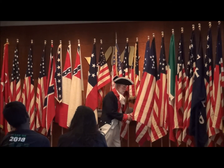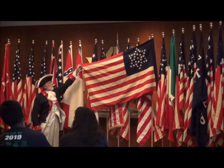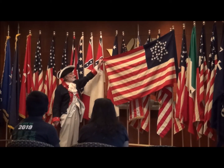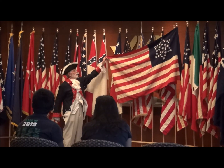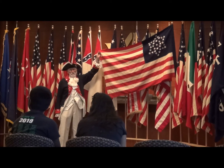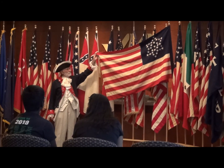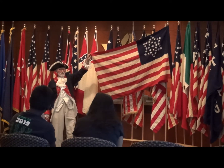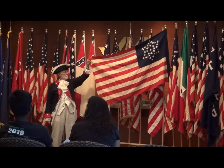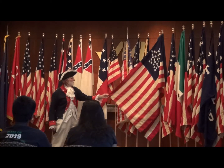The next one is a 33 star. Now at this time, the Continental Congress said about the 13 stripes, the blue field, the white stars, the 5-pointed. But they didn't say how they should be arranged. At this time, the flags were probably still being made by sailmakers and tent makers. So this is 5-pointed stars made to look like these 6-pointed stars. The next one,